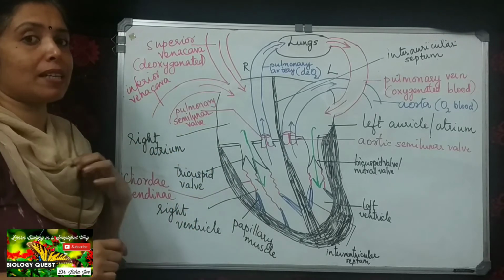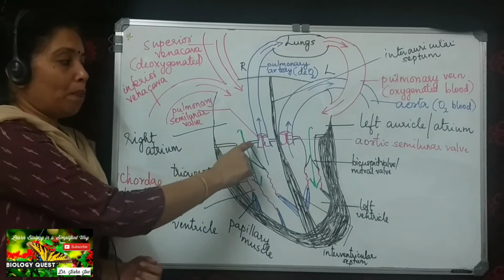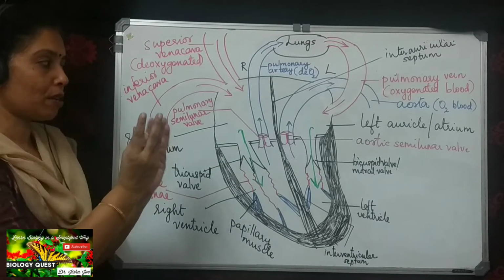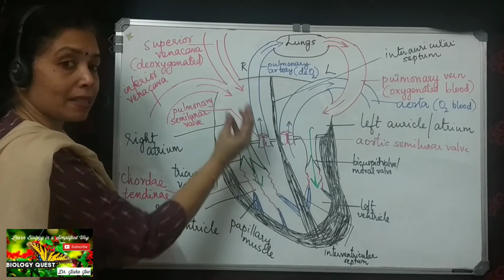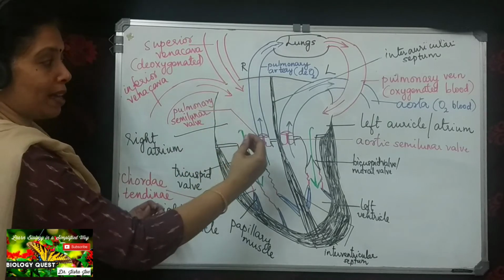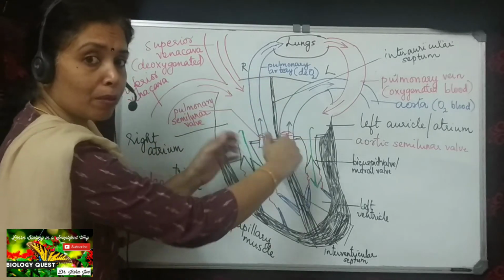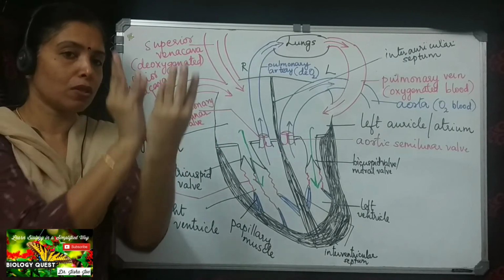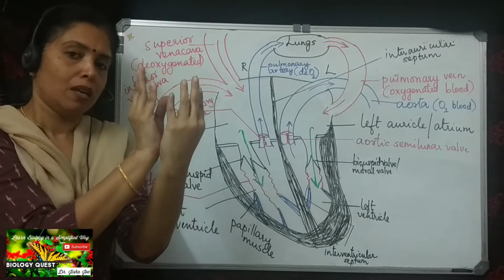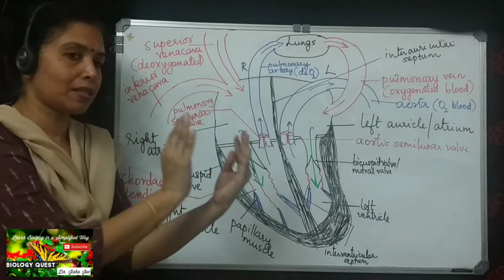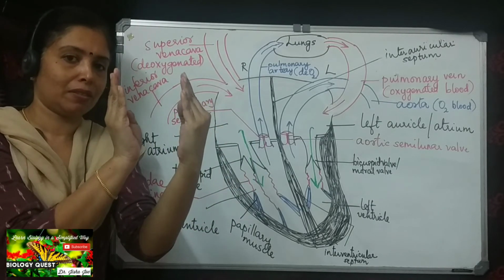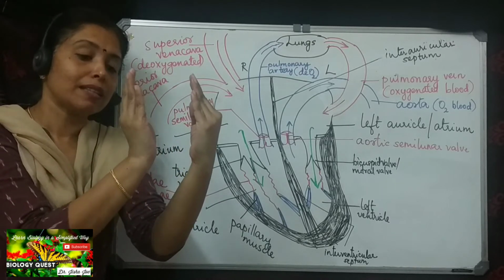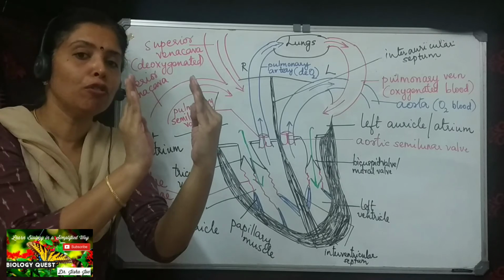How is this prevented? I told you yesterday, the openings are guarded by the semilunar valves. The openings of these pocket-shaped valves are directed outwards. So as the blood tries to flow back, what will happen? The pockets get filled with blood. Initially, when the ventricles contract, they are in this condition. There is one more valve here, just think like that. There is a space in between for the blood to flow.